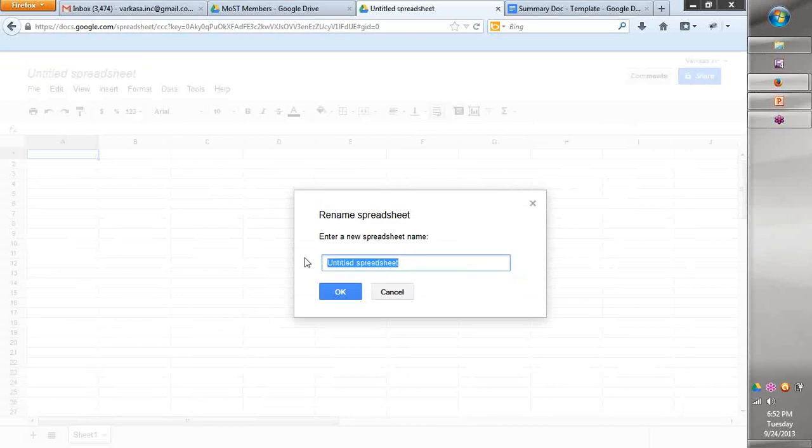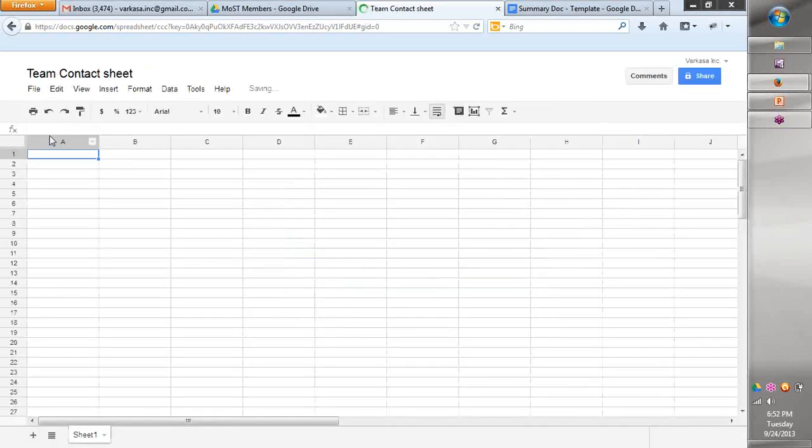So this is going to be our team contact sheet, and you will have access to all the members: first name, last name. If anyone does not want to mention the last name, just put an initial. That's fine, whatever you want. But you should be available to interact with others. If you don't want your information in this, that's fine. You can let us know also. Phone and city, country.